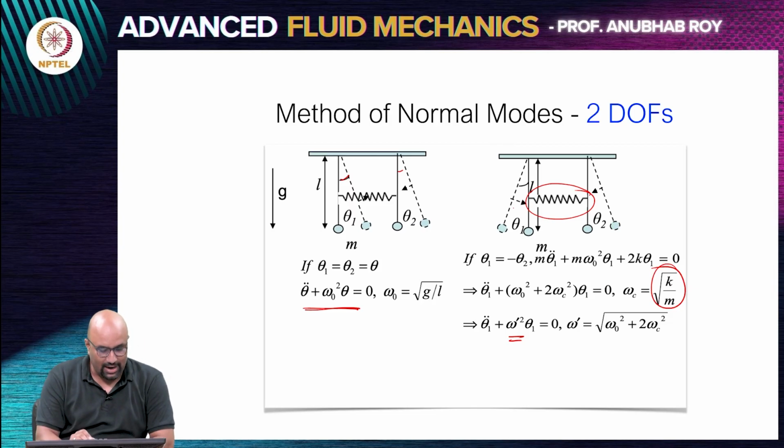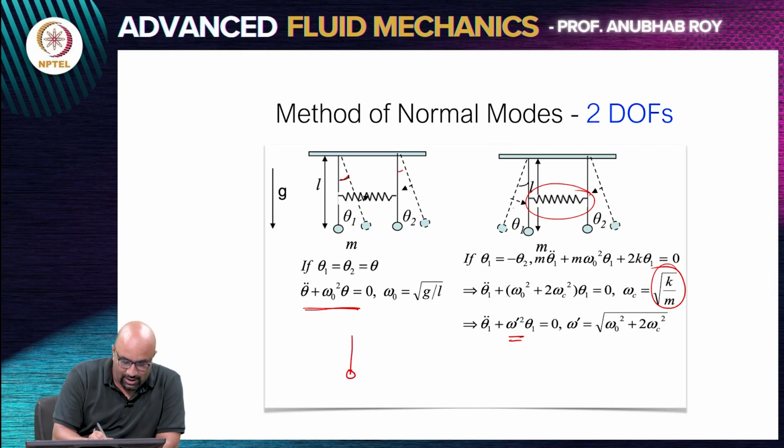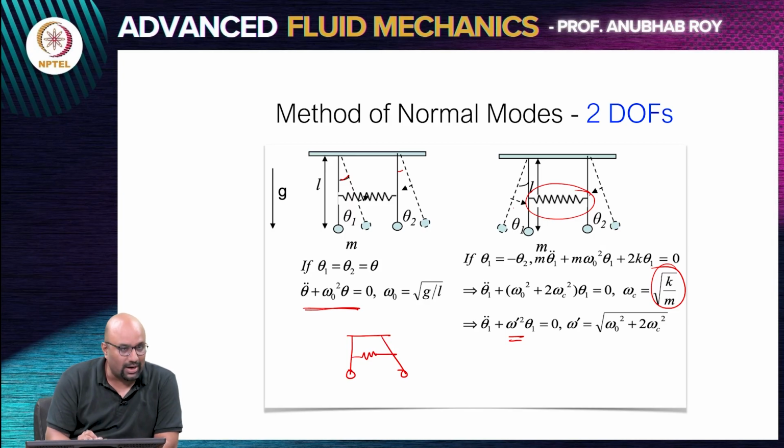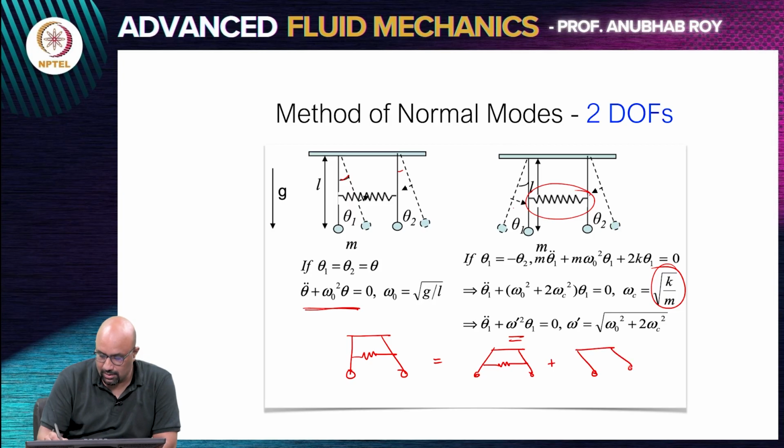Now why am I highlighting these two motions? Any other motion, any other configuration. So let's say you have an initial condition which looks something like this. I don't disturb the first pendulum, I disturb the second pendulum. This one, initially, I can represent as a linear combination of the antisymmetric motion plus the symmetric motion,